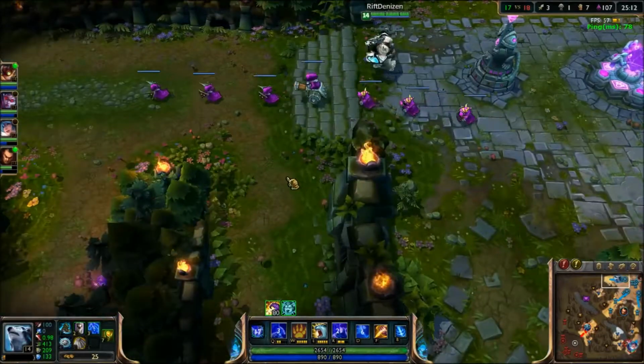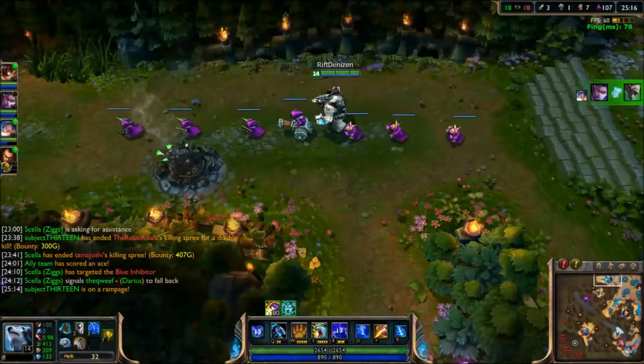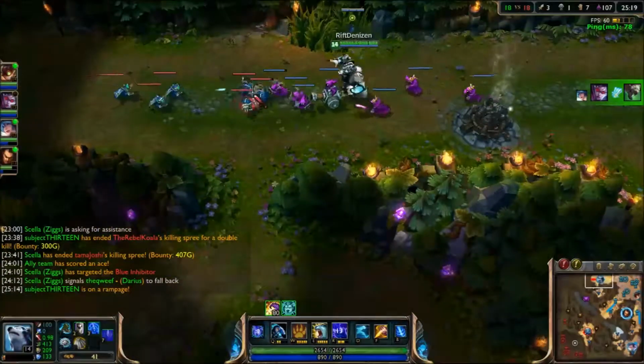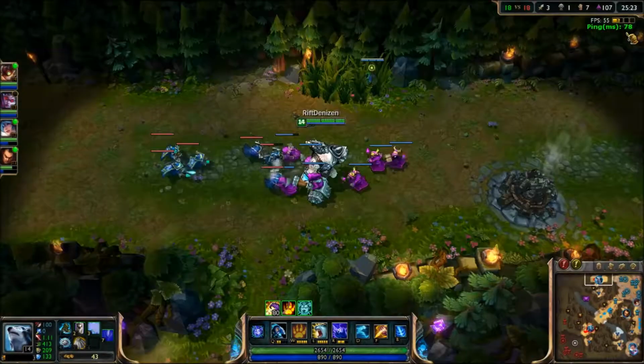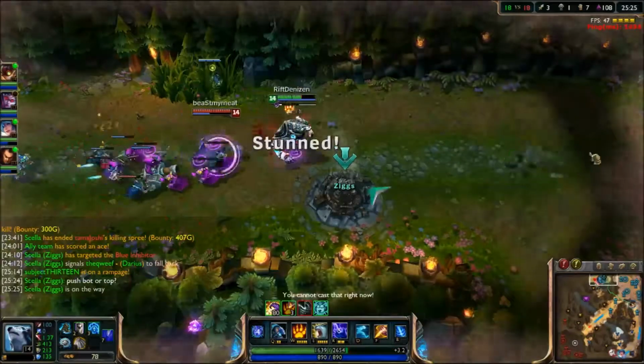And to make things worse, now that he has his Hex Tech Gunblade, it's that much harder for me to actually get him. He has a slow on his Cutlass, he has the slow from the Gunblade, and right here I'm going to lag out when Jax finally makes his appearance. So right here I'm pointing to the ping, you can see it skyrockets, Jax jumps in,